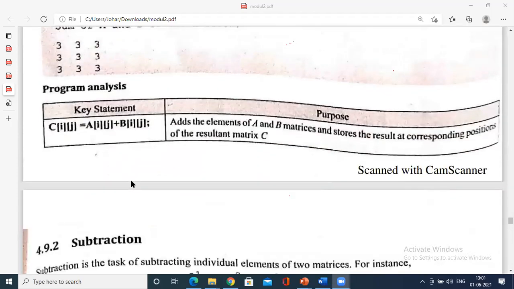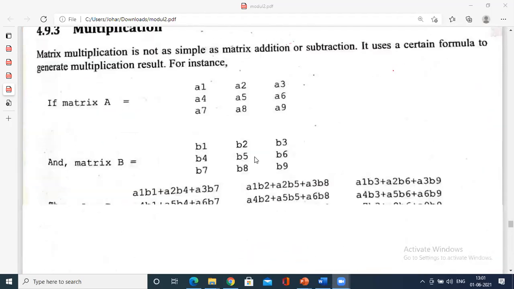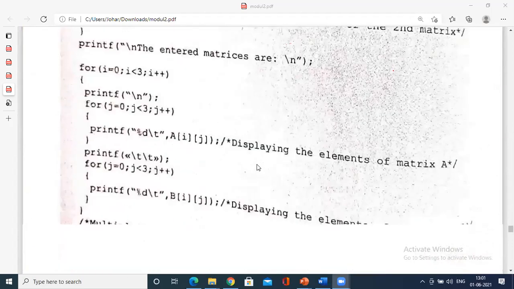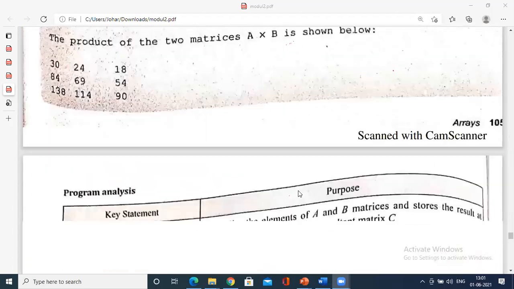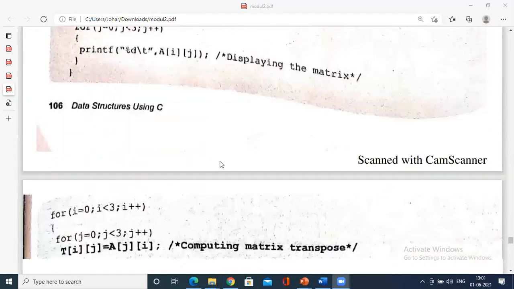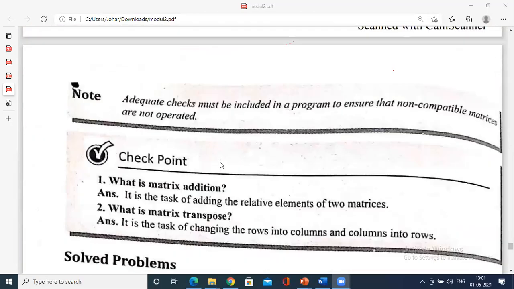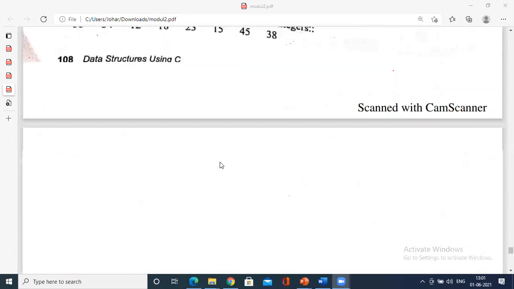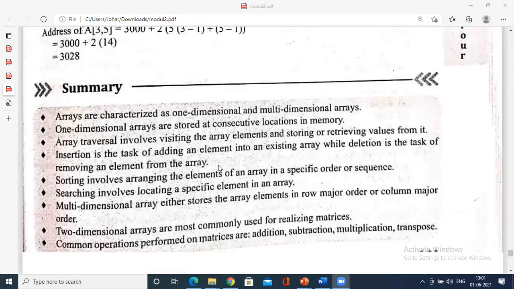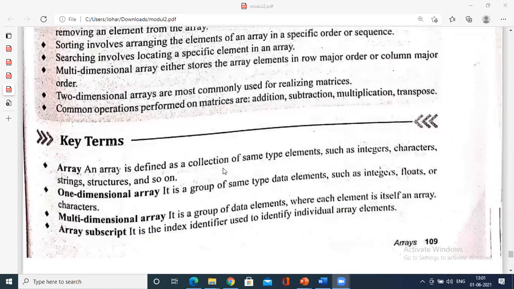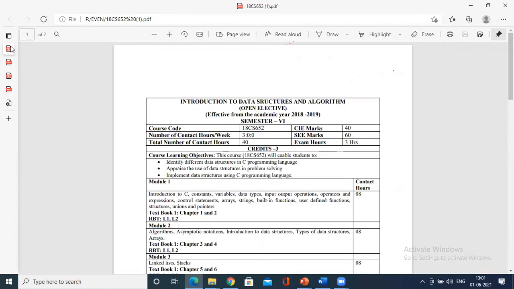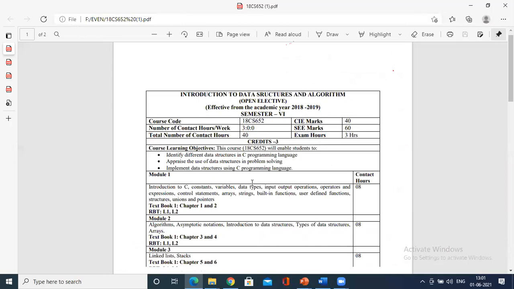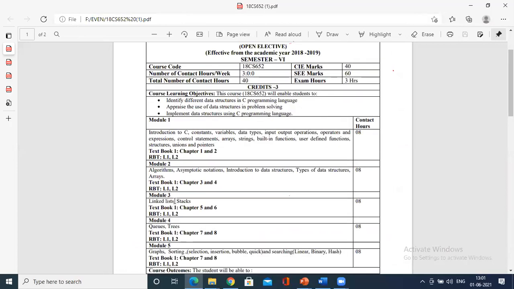Right? So this is how it works. Again, the subtraction is also the same. You can go through the subtraction program. Basically, I focus on the multiplication. With that, we are going to cover transpose and multiplication, and end this problem. Okay, so we are left with a few things. Maybe by tomorrow's class, we will do this and I'll go to the next unit. I'll start with the next module, that is, the module called linked list.